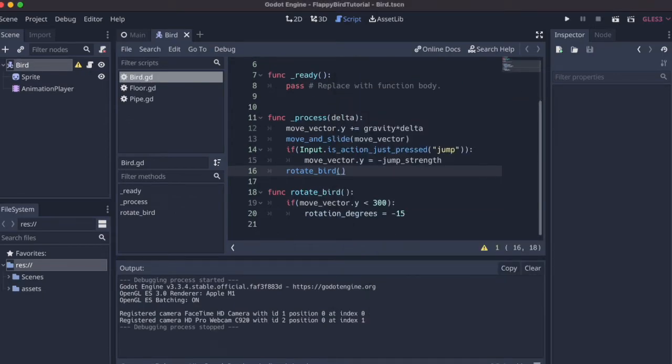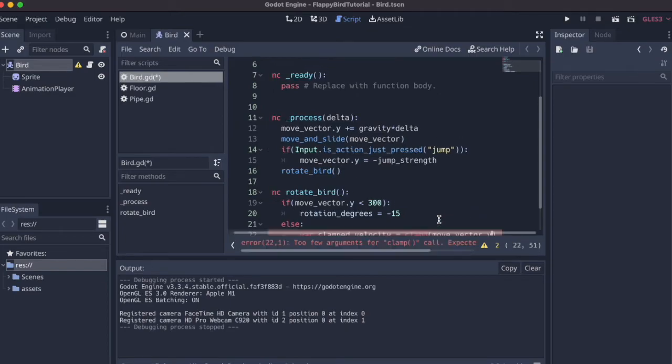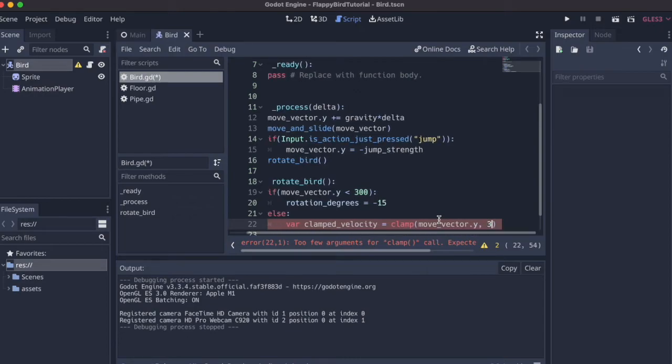Good. And now for the downward rotation, this will probably be a bit mathy, but I'll try to explain as clearly as I can. First of all, we obviously want to limit the rotation within a certain range, and we want to tie the rotation to the vertical velocity. So to do that, we will use a function called clamp, and we'll do it like this. I'll put in here an else statement, and then I will make a variable here called clamped_velocity, and I'll set that to clamp, and then move_vector.y, which is the value that I want to limit,